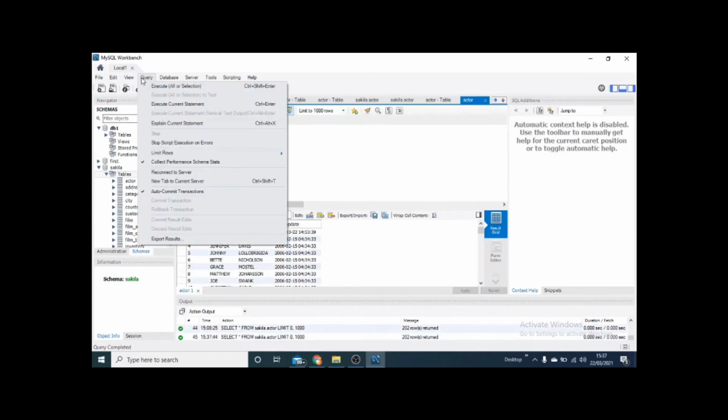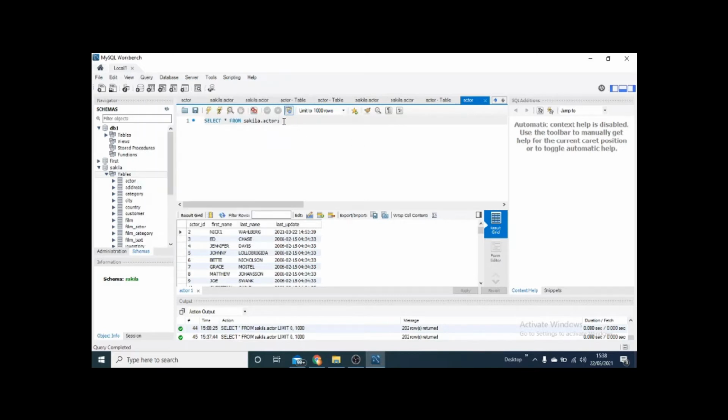Yeah, so if I go to the query section, it tells you execute all selection, execute to text, execute current statement, and so on. So these initial 4 or 5 options are used to execute the SQL query statement which we have to write, or we are going to write. Many a time you run a query, like the first query I am running: select star from schema name and table name. How to run it? You just press Control and enter. The moment you press Control and enter, the result will be shown to you.